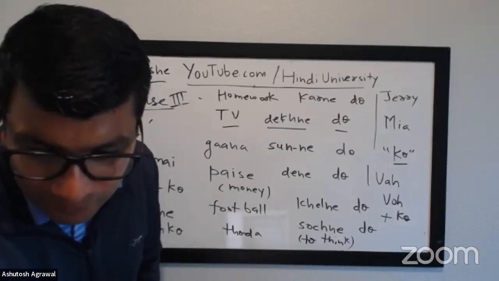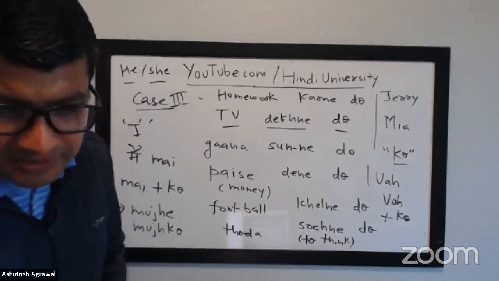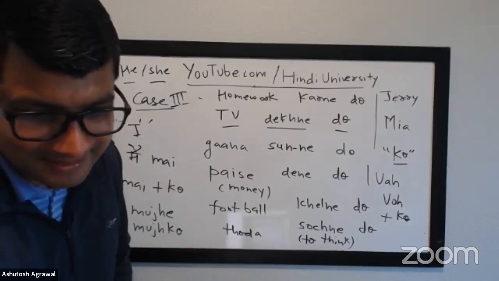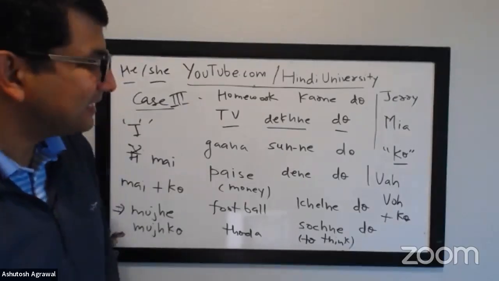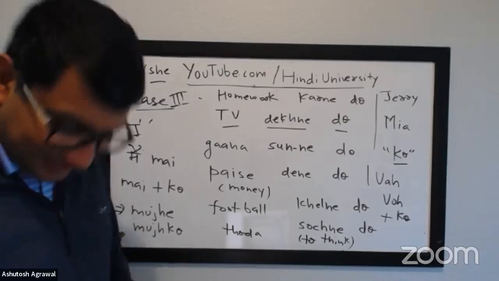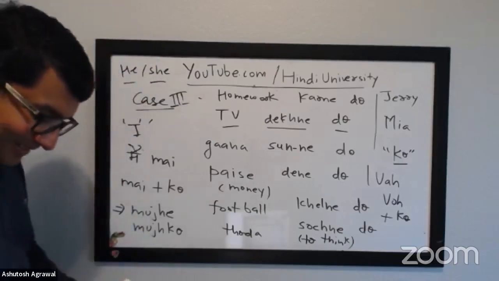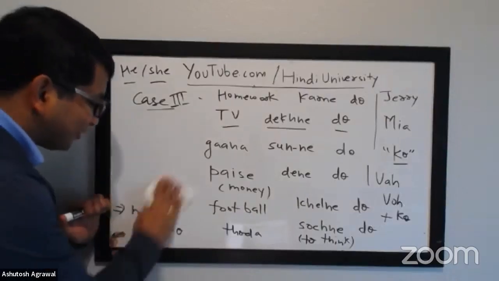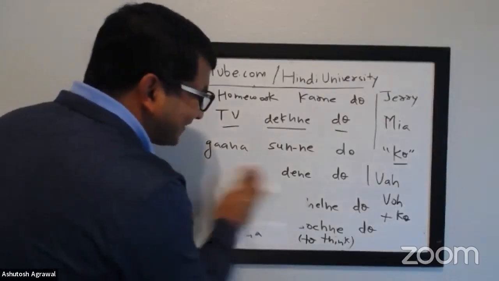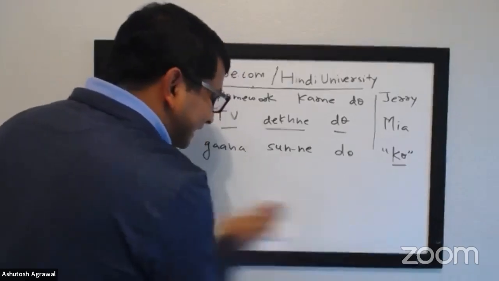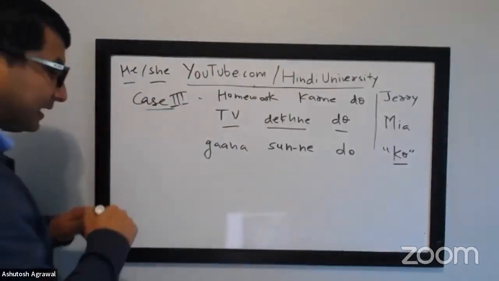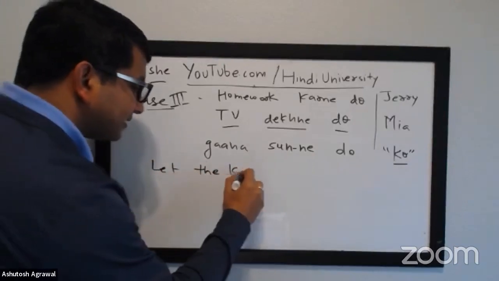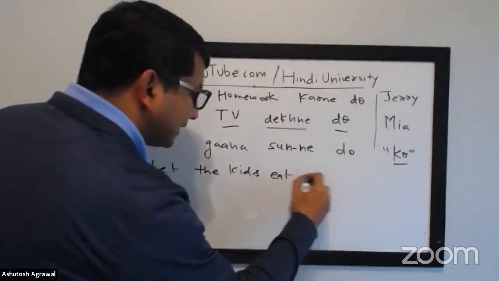Okay. Olina ji, how are you doing? Let's try some sentences with you. Doing good. Yes, बच्चा को आइसक्रीम खाने दो. There you go. Let the baby eat ice cream. Very good. All the kids would like to hang out with you, right? So बच्चों को आइसक्रीम खाने दो. Let me write it down. She said, let the kids eat ice cream.